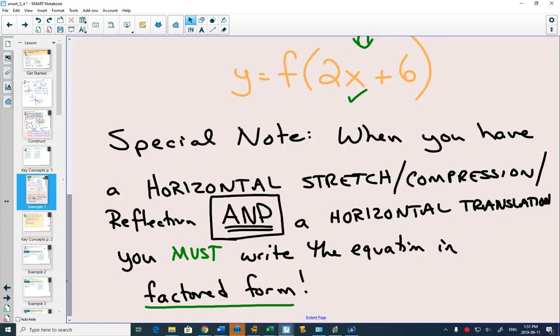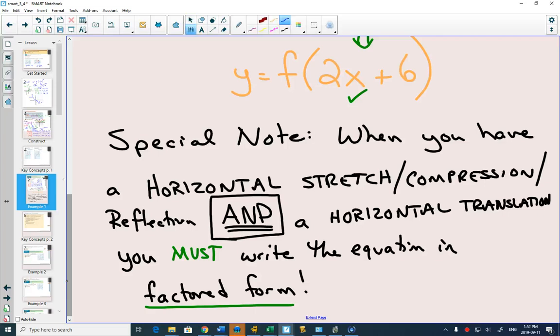But anyways, she put this as a reminder, special note. Okay, yeah, I got to remember that. And every night it's like a little reminder. If you did it the right way, it wouldn't actually be a bad study thing to remind you of things. This is one of those that you will forget. So if there is one that you'd want to remind yourself of, this would be that one. So if your equation is written and it's not in factored form, you have to take a little bit extra time and write it in